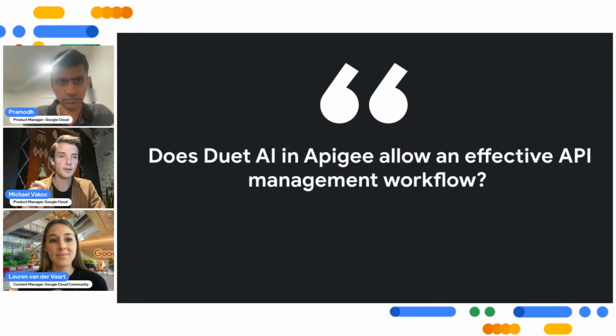So you can start as early as you have an idea for an API. You can use Duet AI to build that. You can then refine it by working with your counterparts. You can use it to build the API, leveraging all the Duet AI capabilities to actually implement that API. And then when you register it to your API hub, which exists in Apigee, that allows you to manage the entire lifecycle of that API across the full scale of designing, building, deploying, and monitoring. So yeah, love that question. I think that is a great takeaway from what we have been talking about.